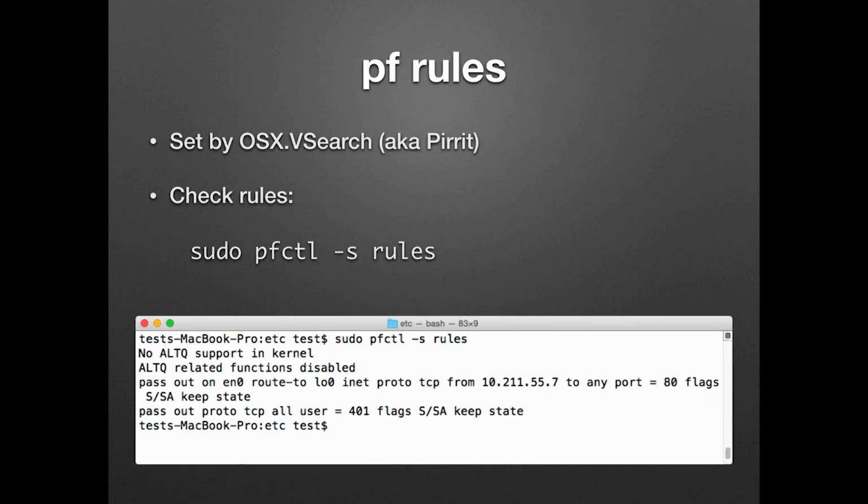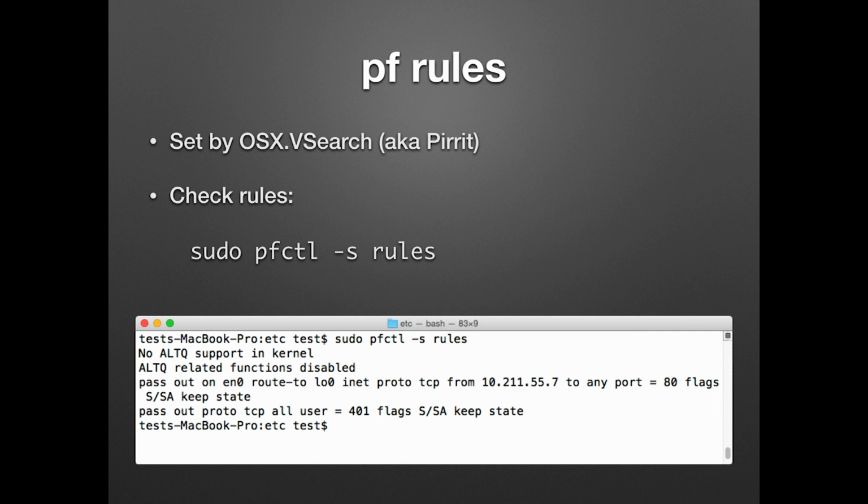Now, beyond persistence, we can also look at some other traces. There are other things that malware might leave behind that you can look for. So to start with, we'll look at PF rules. There's some, we call it malware these days. It kind of is, it's adware, but because of some of its behaviors, I consider it to be malware these days, and it's called vsearch, also known as Purite. You may have seen, if you keep up with this sort of thing, some analysis done by Amit Serper. He really dug into some variants of this very deeply at the time that they started doing things like creating